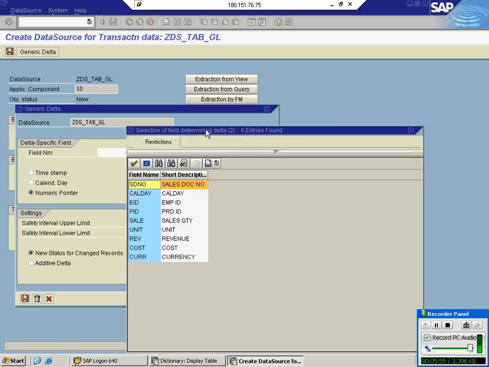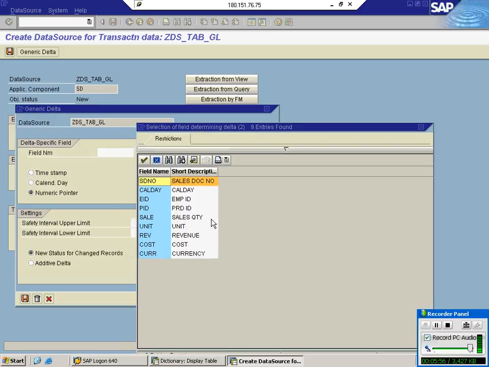I told you, we can collect the deltas in case of a generic data source based on a single field. That field is known as the delta specific field. I want to collect my deltas based on day. Most of the time it is either by day or by timestamp. Numeric pointers are used very less.